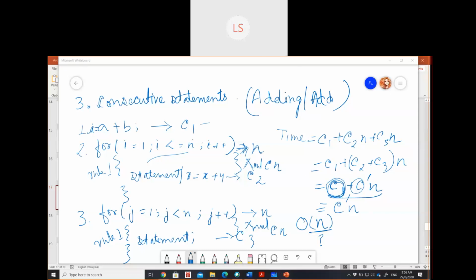Yes, ma'am. Then for all programs will it be the same or will it change? Of course, it will change. Most of the times we get O(n), but in some programs we get log n times. In some programs we get n square, like your matrix multiplication. What will be the time complexity for matrix multiplication or addition? It will be O(n square), right? Because for a matrix we use nested loops. So if your program consists of nested loops, it's going to take O(n square).